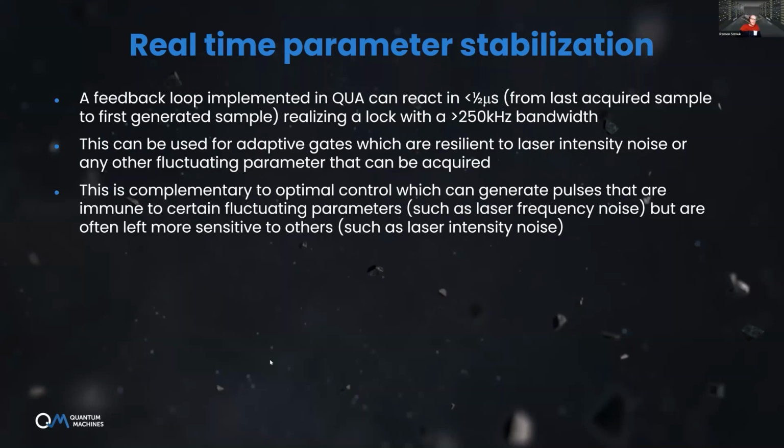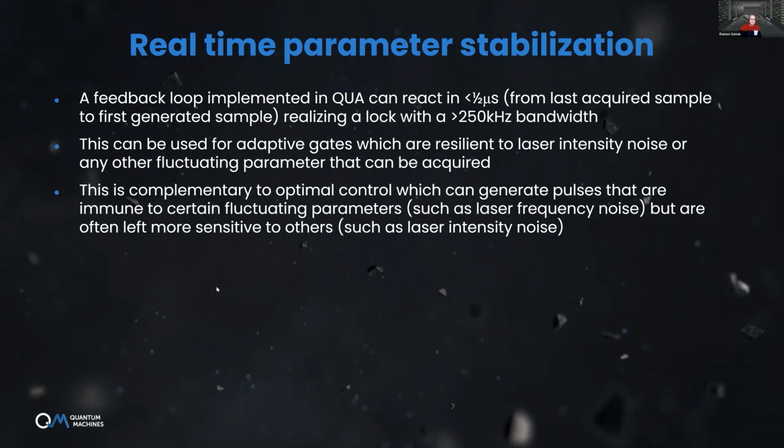For example, you could take a bit of a reference laser and the laser that you're using to do gate operations on a fast photodiode, and in such a way use the photodiode as a demodulator, and then read out this RF signal with the OPX and extract the instantaneous phase. You should be able to use that to stabilize phases over long periods of time, for example,